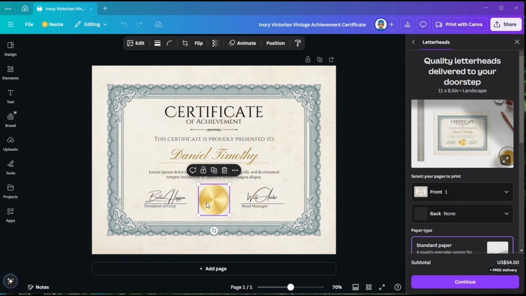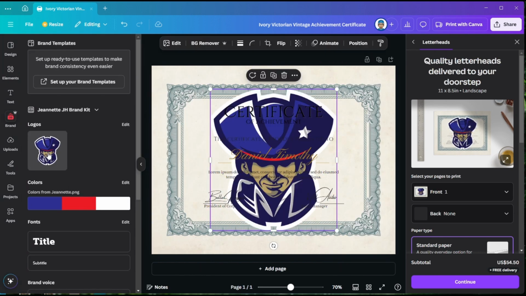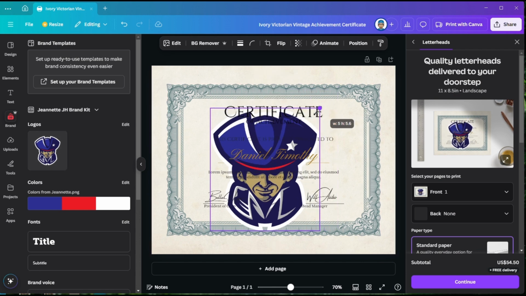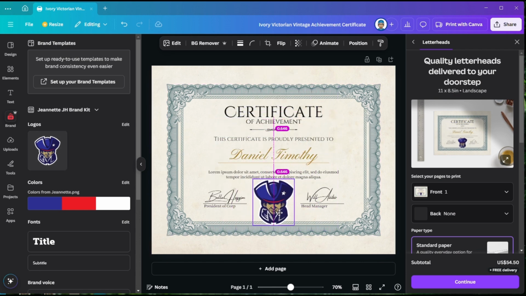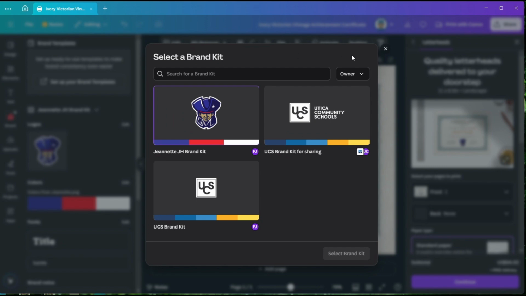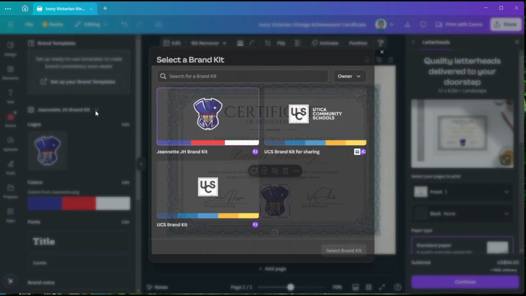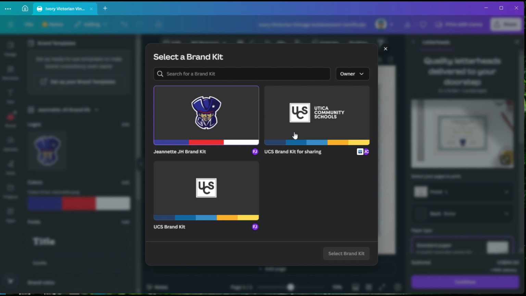And when we get inside there, this is where you could go into those branding kits now. For instance, if we don't want this seal right there, we could delete it by clicking on the trash can and delete. And then we can go to our brand kit and insert our logo for Jeanette and move that over to the center there. So, text can be changed to these colors if you were using this. And if this happened to be something for UCS, you wanted a UCS logo on there, the brand kits have a drop-down menu,